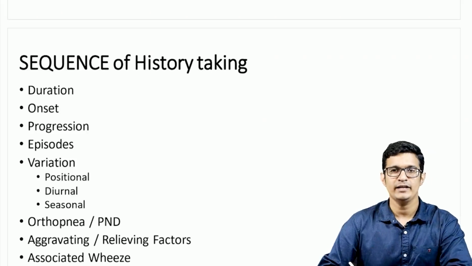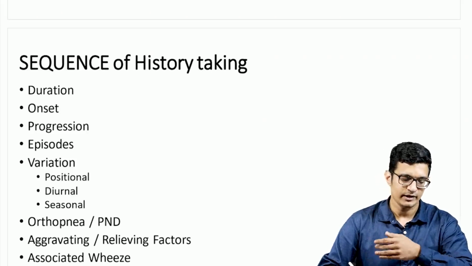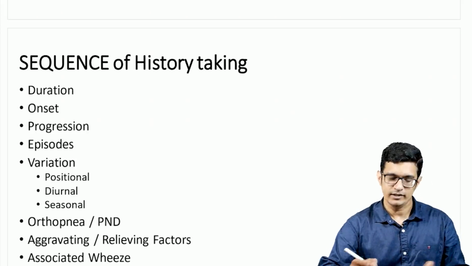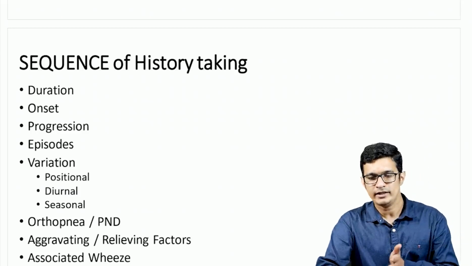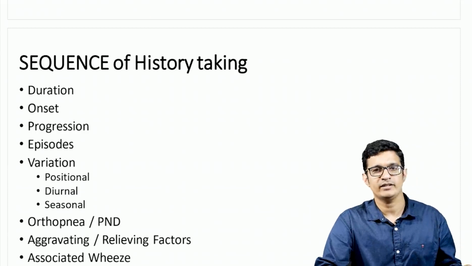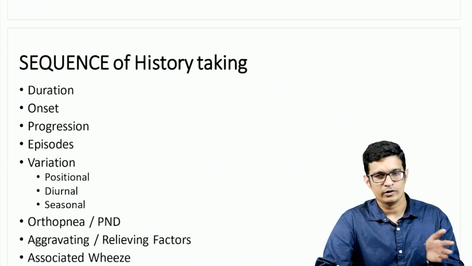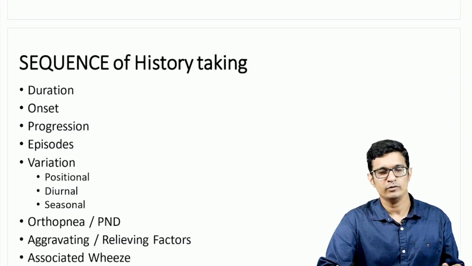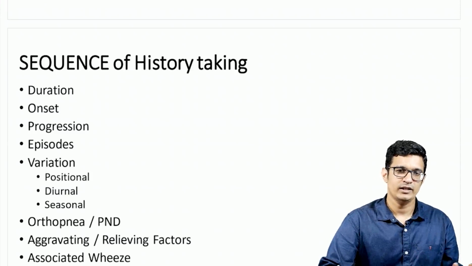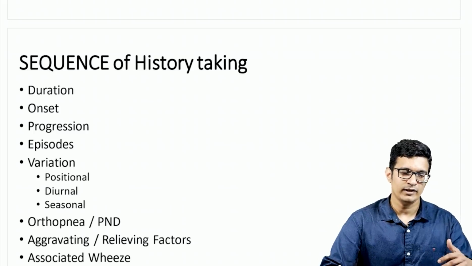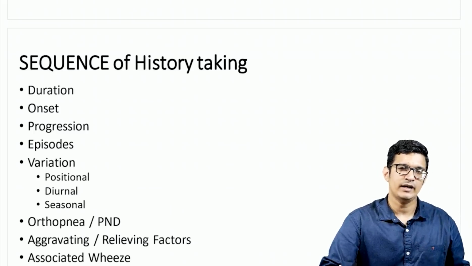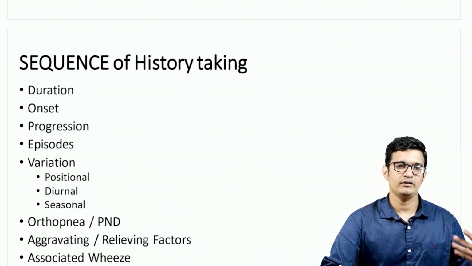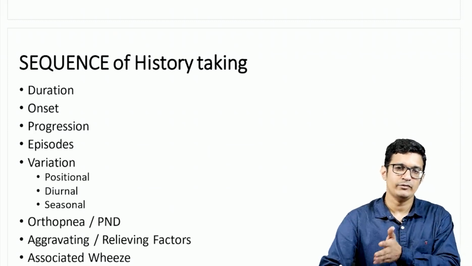The first thing that we generally ask is the duration of dyspnea, the onset of dyspnea, and the progression: how the dyspnea was at the beginning and how it is right now when he is presenting in the hospital, or after presentation, whether it worsened or improved with the due course of time. Those are things we express in the progression of that dyspnea. Finally, we also say what the sequence of dyspnea is. Is it continuous throughout the day and night, or is it episodic, whether the patient is feeling breathless only during a particular time of the day, etc.